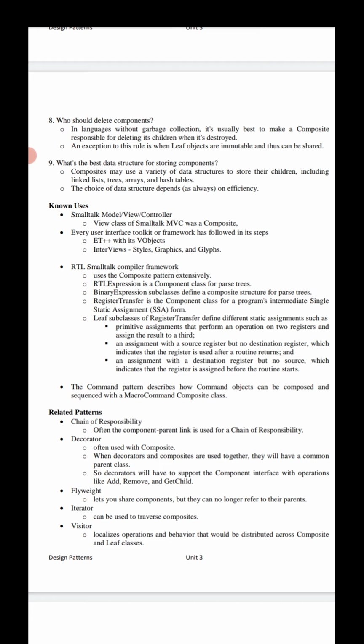What does that mean? It localizes the operations and behavior distributed across composite and leaf classes, composing objects into tree structures and representing the leaf classes too. These are the related patterns: chain of responsibility, decorator, flyweight, iterator, visitor. Okay, thank you.